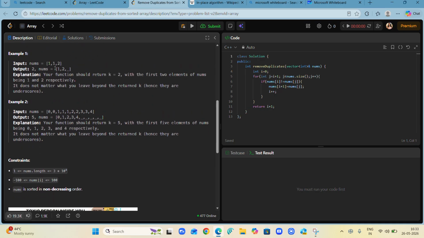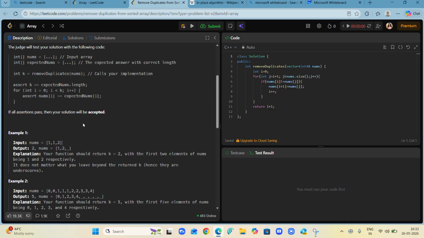Now see, let me explain. It is written 1, 1, 2. So the output is given as 1, 2. 1 is common, meaning 1 is the duplicate, so we added 1 once only. After that 2 got printed over here, and then the space is left for the next one. So it is 1 and 2, right? And it is saying that if any elements remain in the array after 2, they can be ignored, because you only send the size and whatever element is written after that can be ignored. So this is all about the question.